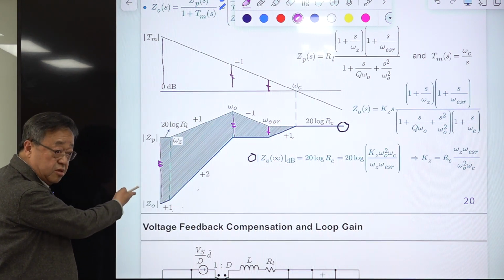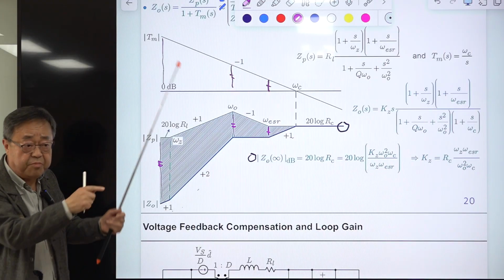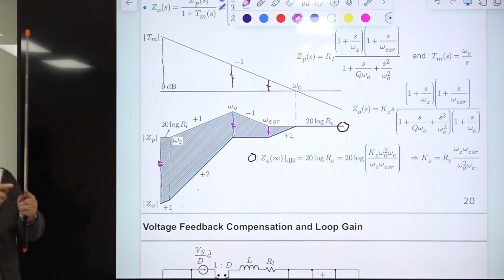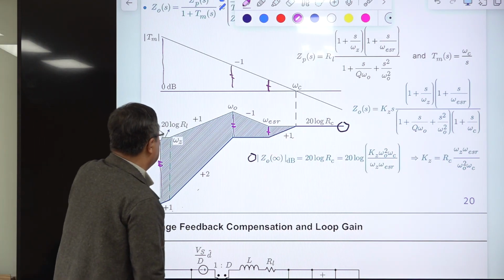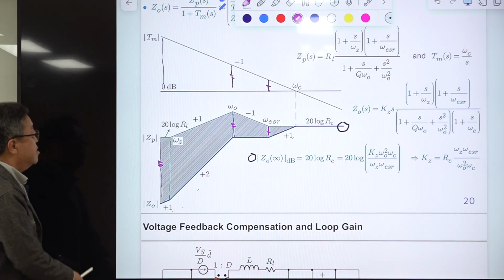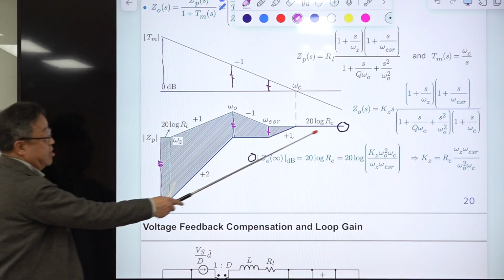I don't repeat this, okay? But you know how to do it, okay? Actually, you don't have to calculate minus 1, you don't have to do that. Graphically, you can construct this. Start from this higher frequency, all right? Then you come up with this. Then from this asymptotic plot, you construct this expression of this.